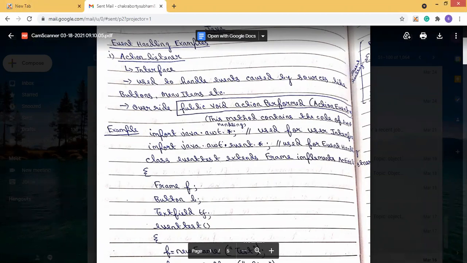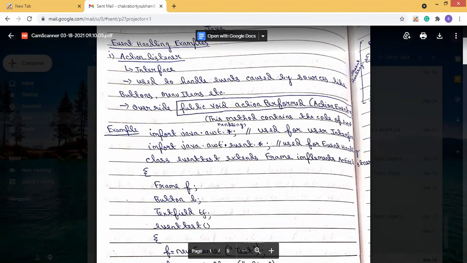And what does interface mean? All the methods present in an interface are abstract methods. So the action listener is basically an interface, and all the methods present in that interface will be abstract. And what is the rule?